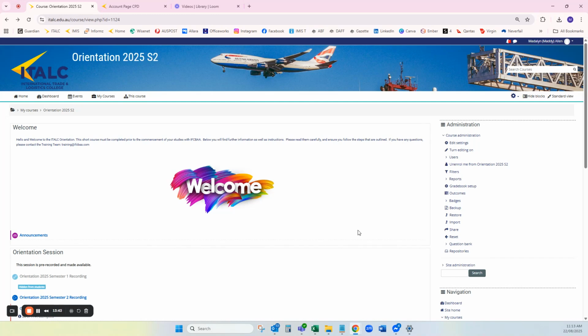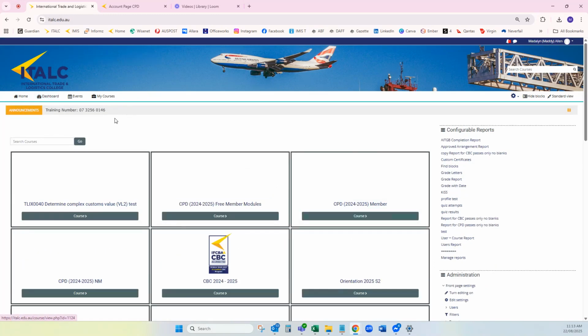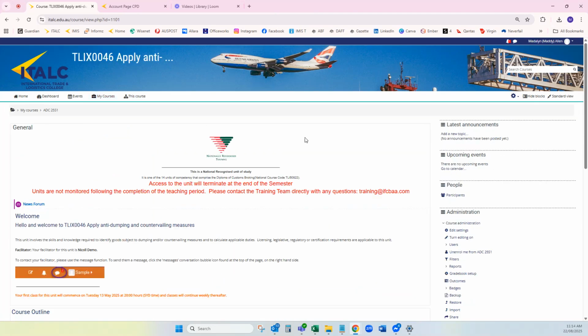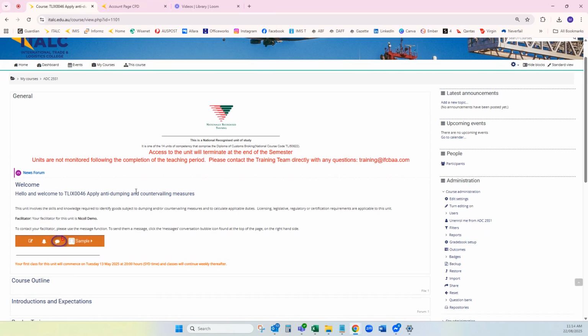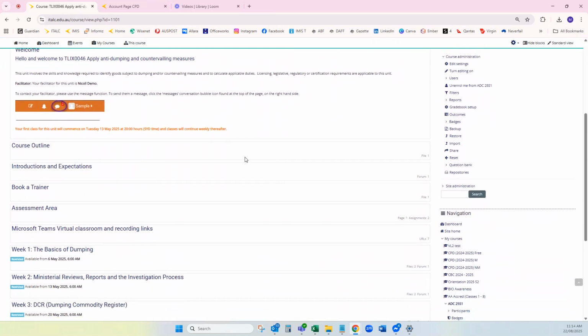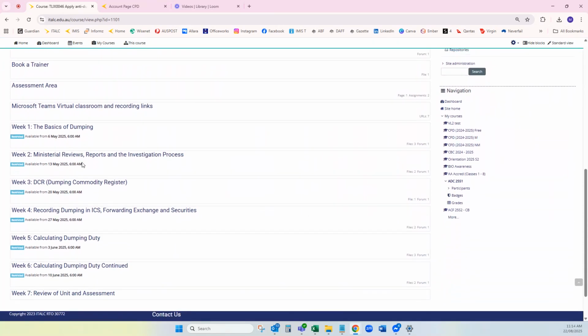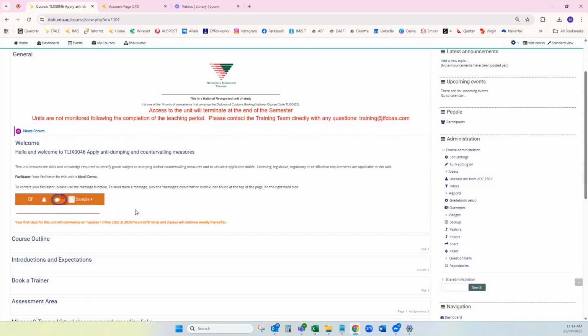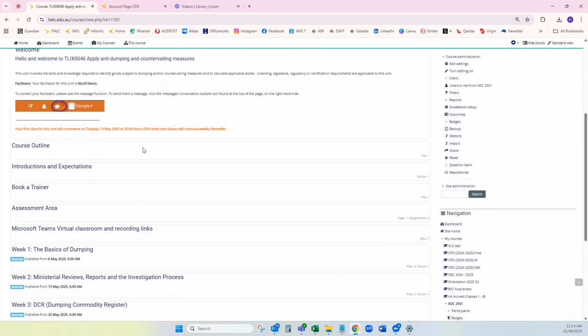Once you have enrolled into units, 1 week before they start, they will show up on your dashboard. Again, you can just go and have a look at your dashboard, or they will be here in your My Courses tab. Let's have a look at your first unit. General information at the top, a welcome. You also have a lot more tabs now in your unit. This course has already started, so you won't have all of these weeks because you'll be starting at the beginning. So you have the course outline here,